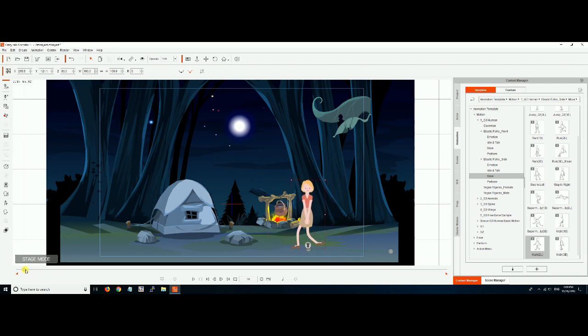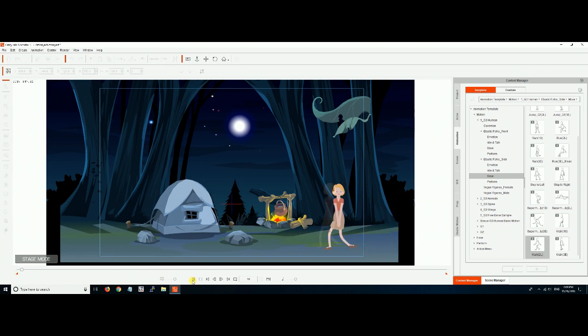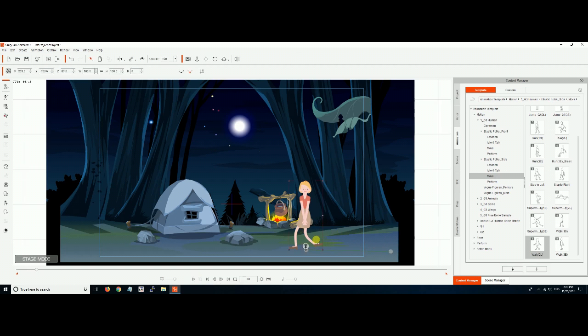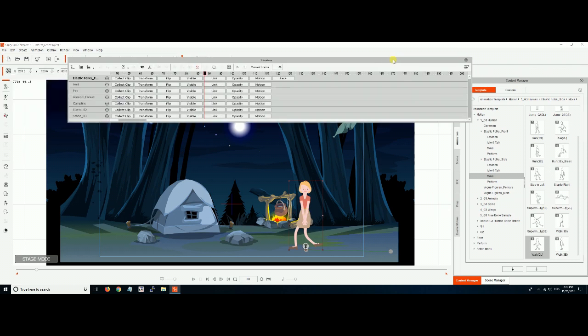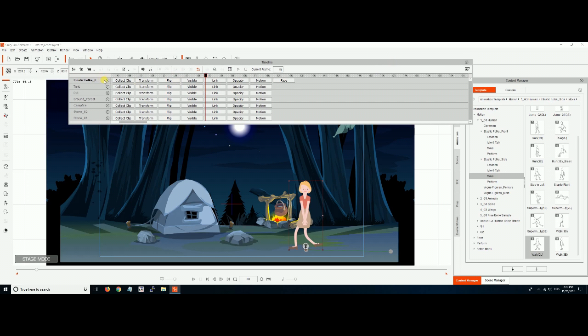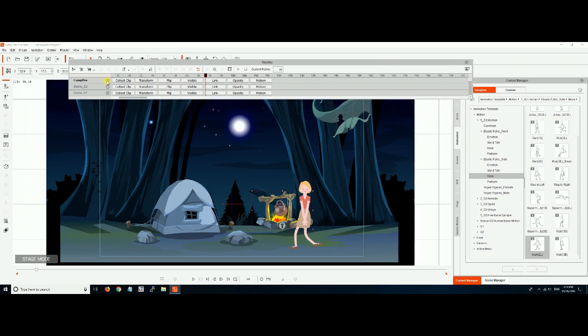And notice wherever I'm at in the movie is where she'll end up. So if we start the movie over, let's drag this back. Guess what? She moves back. Now let's hit play and see if we like what we see. Okay, that was okay. We got her onto the scene, but she kind of slid a little bit. And what we can do to fix that is we're going to have to go into the details. And at this point, you're going to have to hit F3. And you're going to start getting the details. Let's close all the details to make it simple.